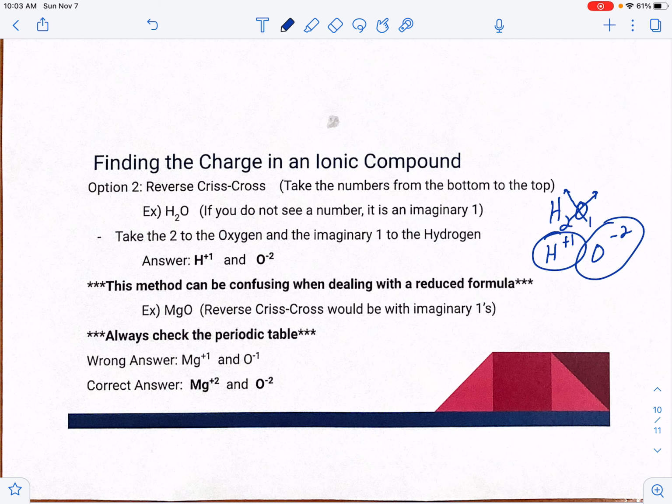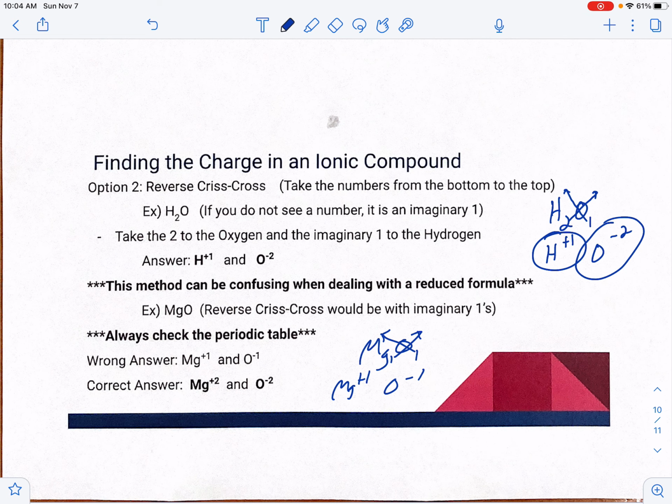Now, this method can be confusing when you're dealing with a reduced formula. So remember, we can have a reduced formula. My example here would be something like MgO. If I look, I only have one Mg, and I have one oxygen. So if you take the 1 to the oxygen, and the 1 to the magnesium, and write Mg with a plus 1 and oxygen with a minus 1, that would be incorrect, because if you look on